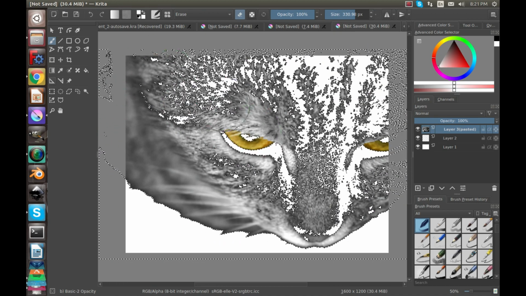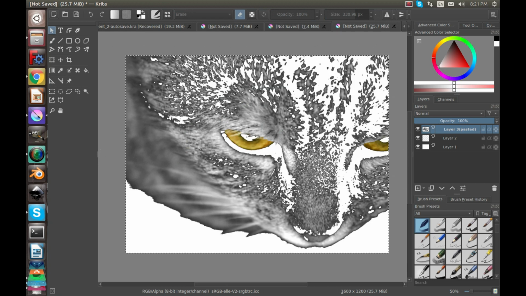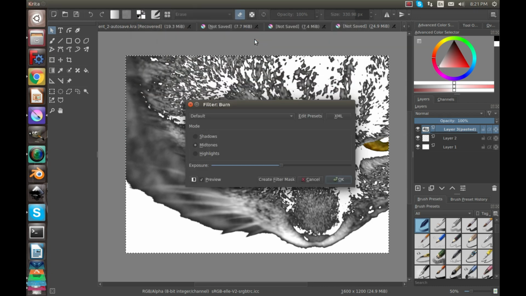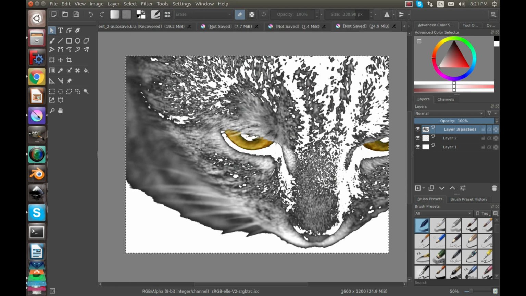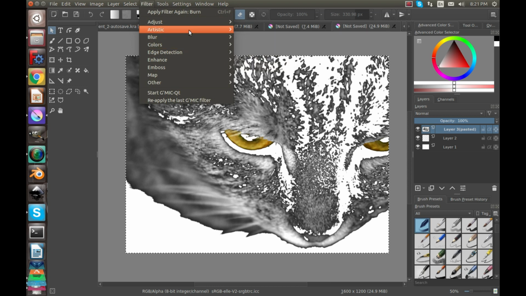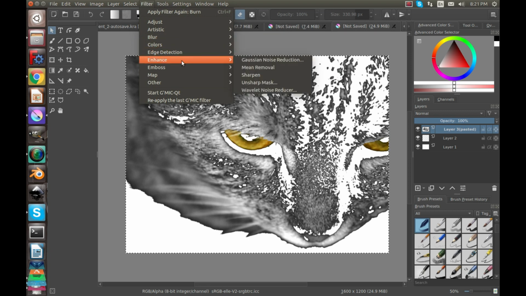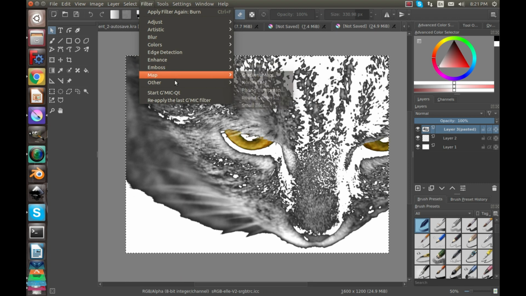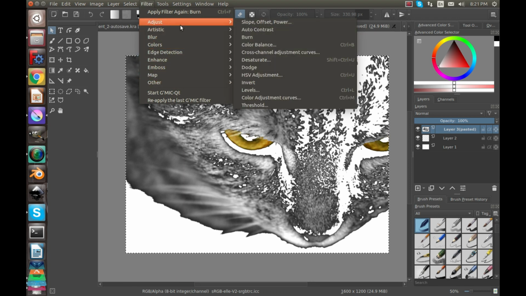So now that we got that, let's go over here to the Filter tab, and we can do something like burn, and default settings will work. And that one didn't show up much. If we try, where is it? Whoops. So if we do,